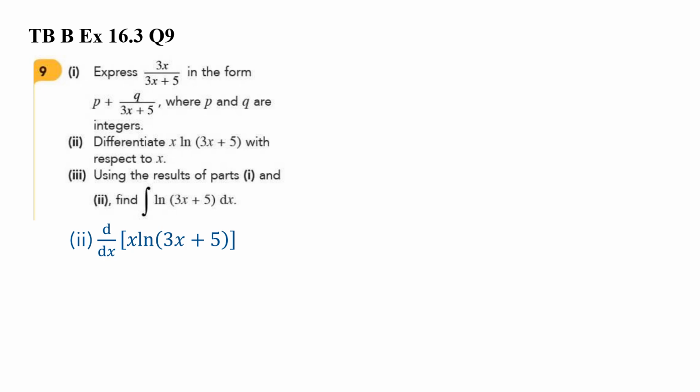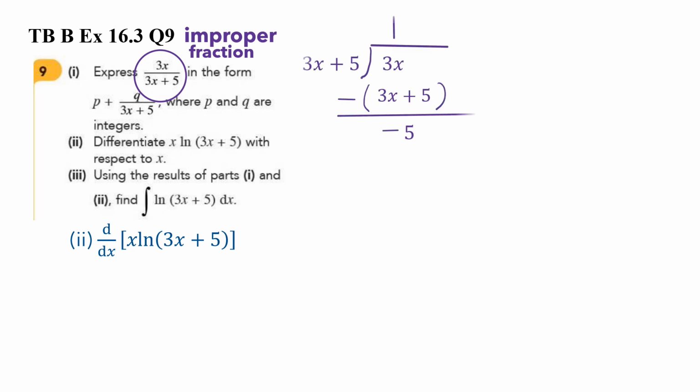So if you look at 9 part I, we're given an improper fraction. Improper because the highest power of the numerator is equal to or more than the highest power of the denominator. That is improper, and for improper fractions you will have to do the long division and write it in the form of quotient plus remainder over divisor. This is your